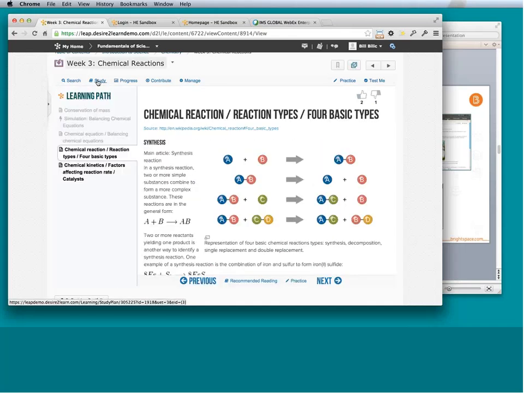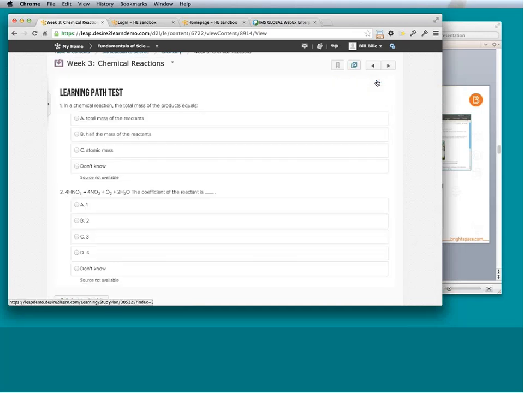Once a student going through this material finds out that they have mastered the content by reading the material that we told them in the learning path, taking recommended reading and practice, they can always take a test. And that, again, is done automatically. Based on the learning objectives that you chose to teach in this week 3, and the questions that were available, LEAP creates, based on the path that you've taken, the test that it thinks is most appropriate for that student's level of knowledge, based on the questions that I answered and how I answered them. So I'll try to see if I can